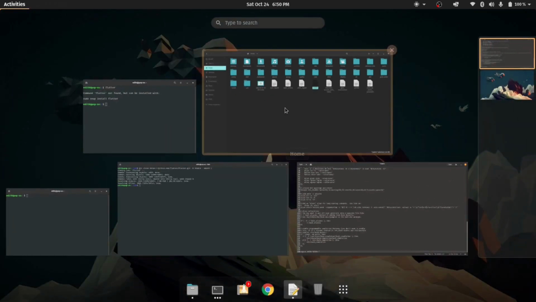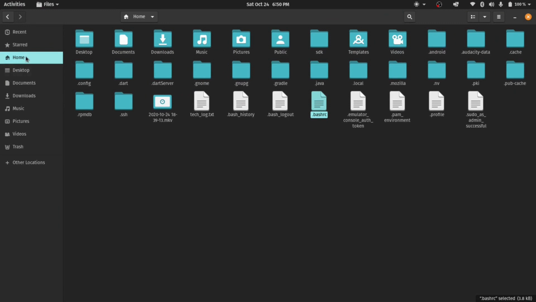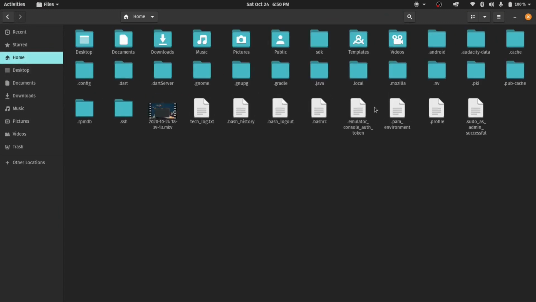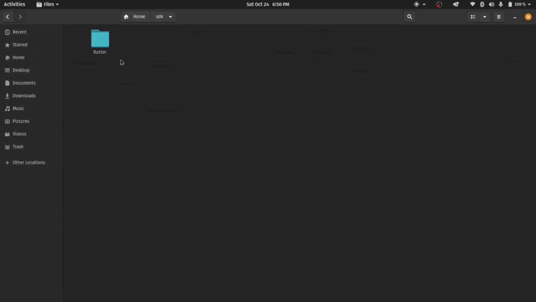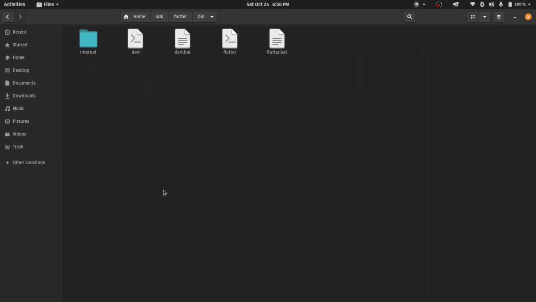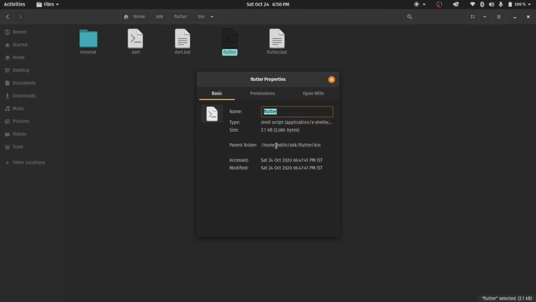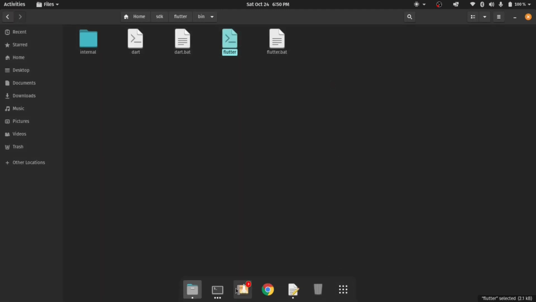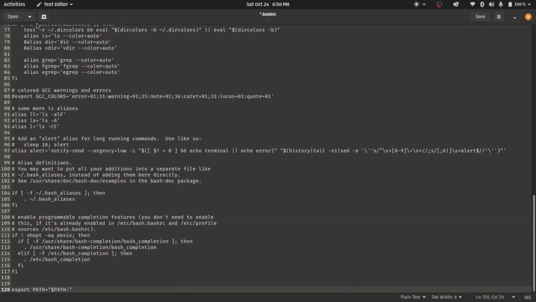Okay, so I'm getting back to the installed folder. Let me find, here it is, the SDK Flutter. I'm getting inside the bin. This is the SDK which we are required to access. I'm simply selecting the properties, copying all the relative path, and getting back to the bash or C editor, and